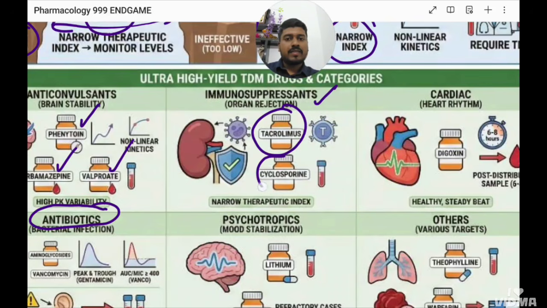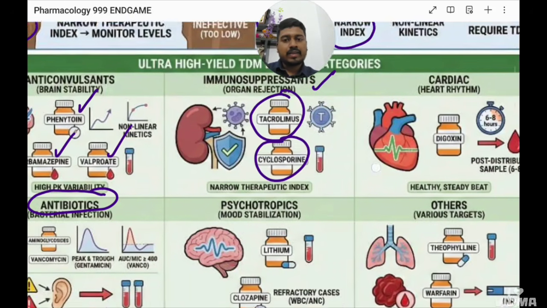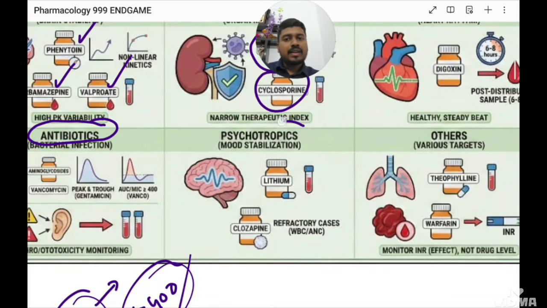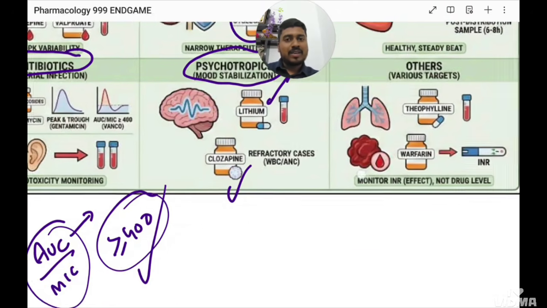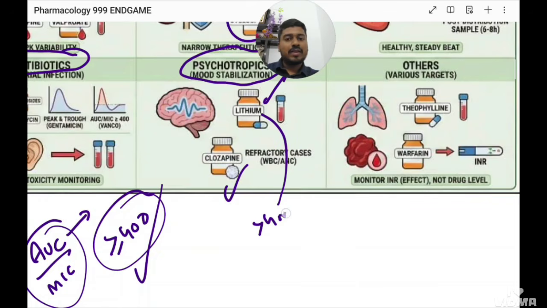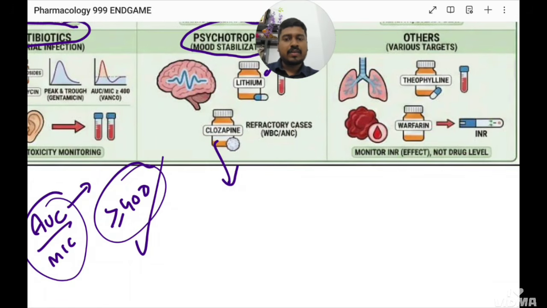In the case of tacrolimus and cyclosporin, both again have a very narrow therapeutic index. Similarly, psychotropics, that is antipsychotics like lithium and clozapine, both need monitoring. We saw last time that if lithium goes more than 4 milliequivalents per liter, then we'll have to go for hemodialysis. Similarly, clozapine is actually given in refractory psychosis. In refractory cases, clozapine can cause toxicity, like you are giving a very high dose, and that can reflect in the form of